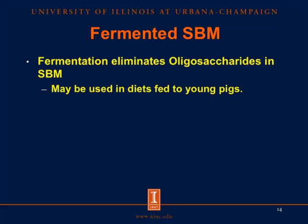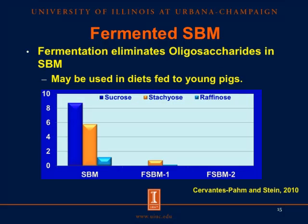Soybean meal is sometimes fermented because fermentation eliminates the oligosaccharides, and therefore we can use fermented soybean meal in diets fed to young pigs and young chickens. And we can see here that fermentation in two different sources of soybean meal results in reduction of sucrose, stachyose, and raffinose. And in fact, sucrose is completely eliminated by fermentation, and stachyose and raffinose are either completely eliminated or